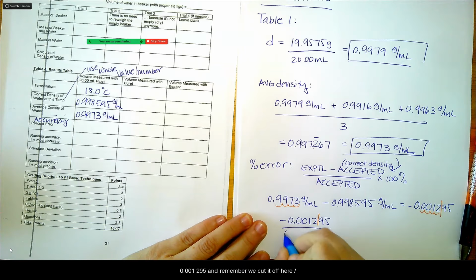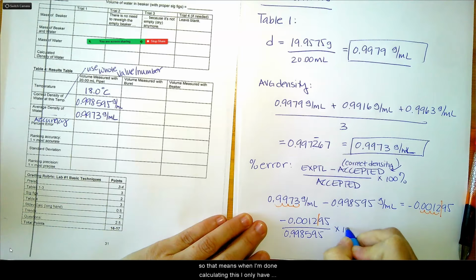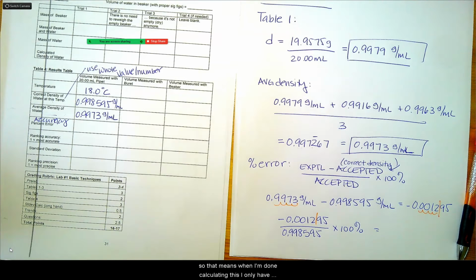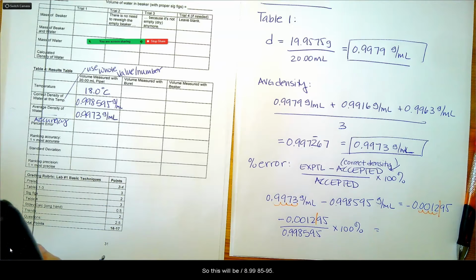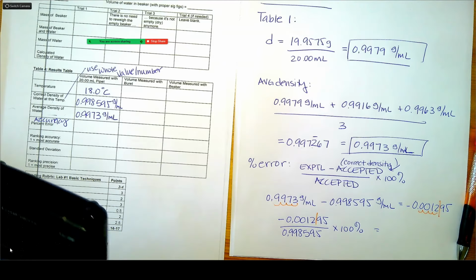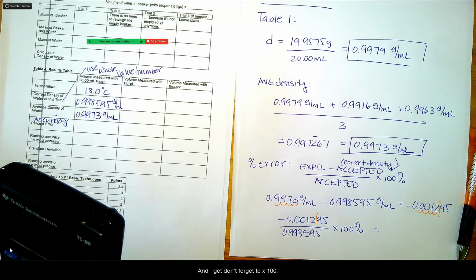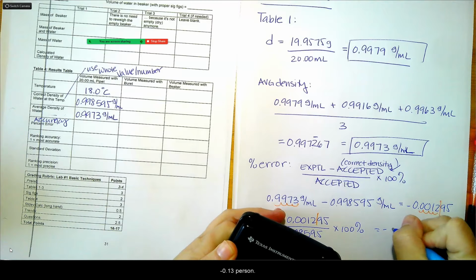Divided by the accepted again, 0.998595, times 100%. So that means when I'm done calculating this, I only have two significant figures. So this is going to be divided by 0.998595. And I get, don't forget to multiply by 100, I get negative